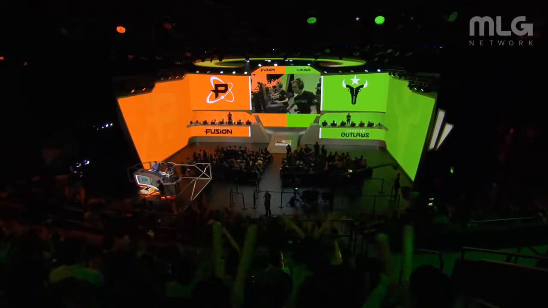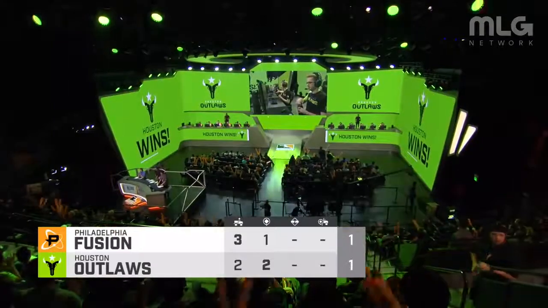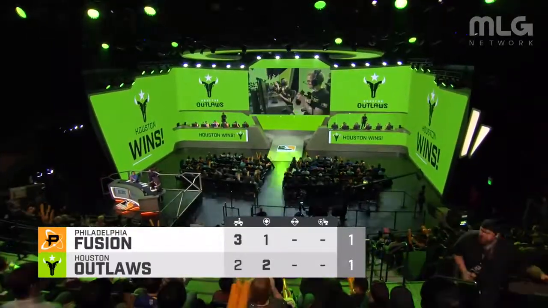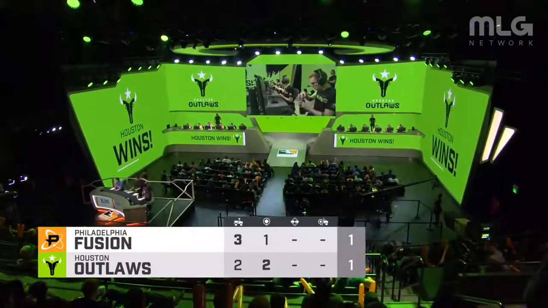Well, we've got a tied series here, a 1-1. The Outlaws have woken up. Make a strong statement here in a second. Raucus has a tremendous map playing the Sombra and Zenyatta for this team. He did a great job of holding on to those Transcendence